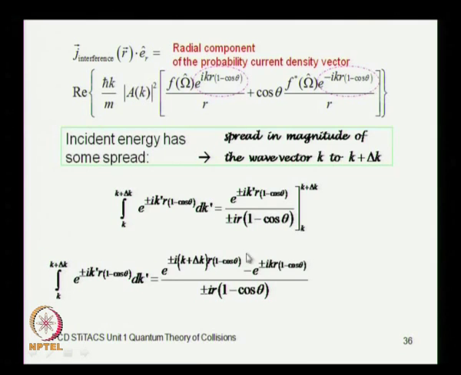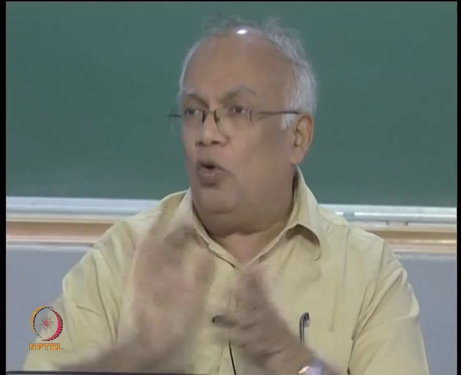The denominator has got r, the numerator has got oscillatory terms of the order of 1, the denominator is r which is going to infinity, okay. So, you have got 1 over infinity, so you can throw this